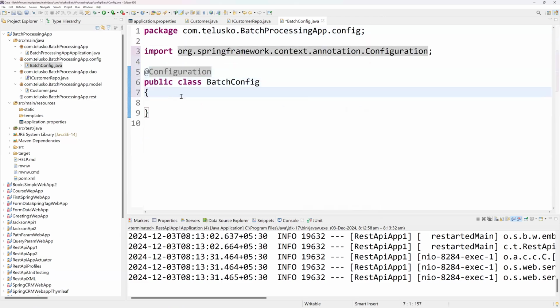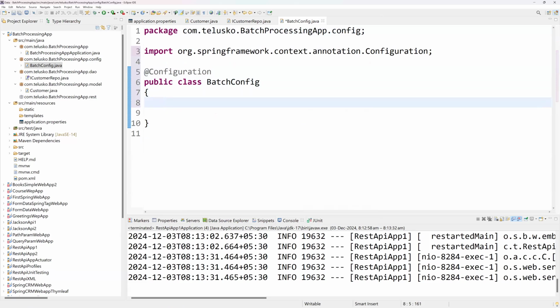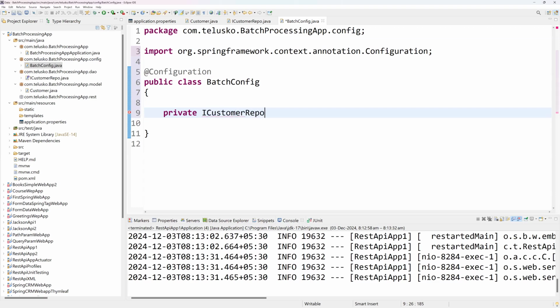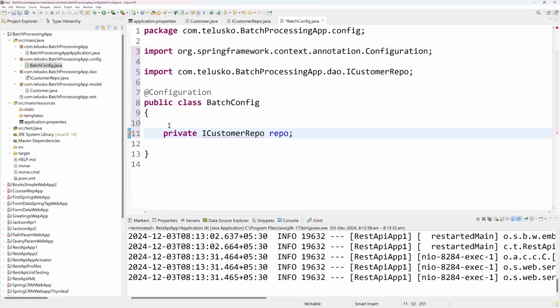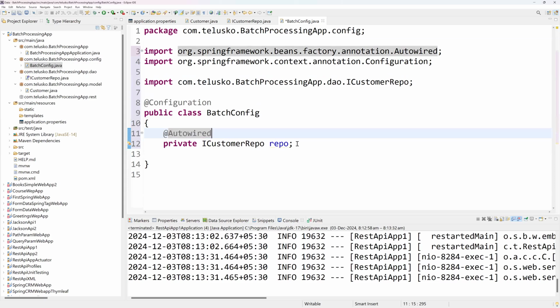Now, what all the things we may have to configure, my dear friends? First of all, since I have a plan of storing into the database, I would like to say here, customer repository type repository, and I would like to go with the field dependency injection. Done. Few more things we may have to do, but before I do that,